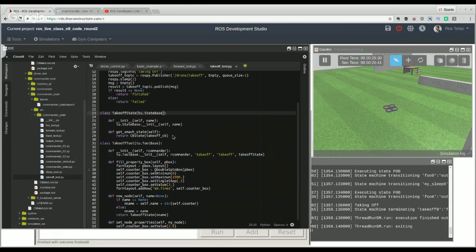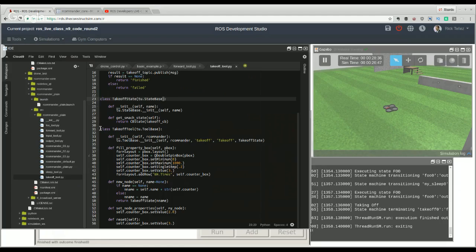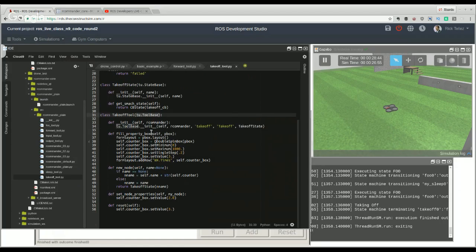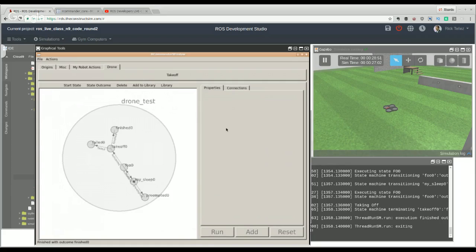And this is necessary, so you have to create this. And then the second thing that you need to create is this one, the tool that inherits from another RComander class. And this is the one that specifies the information that you will get here for a specific